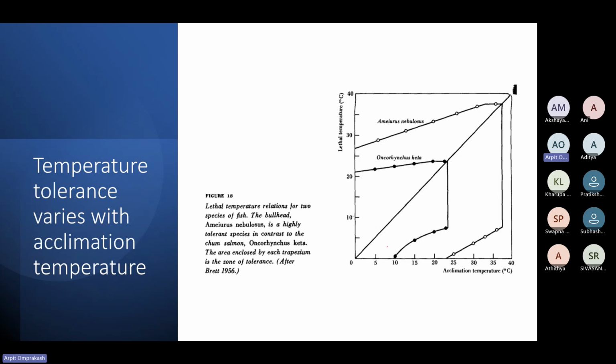Right. So here what we see is acclimatization is basically another thing. Acclimation is another thing. So basically, what we are doing here is, let's say, acclimating some species of fish at, let's say, this temperature, 10 degrees Celsius. Then we see that at around 0 degrees Celsius,